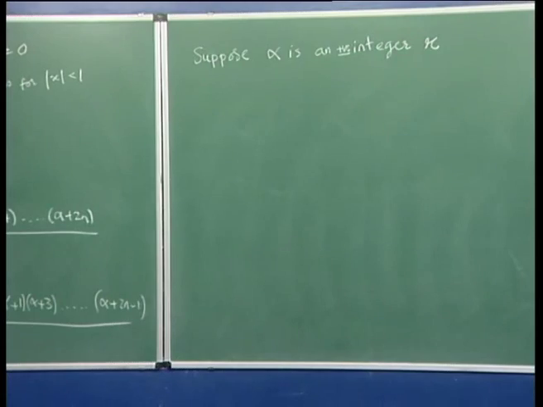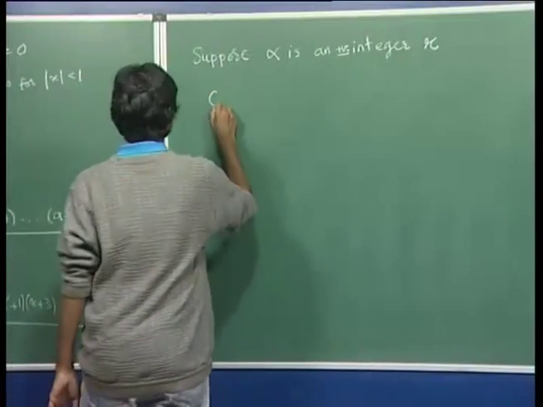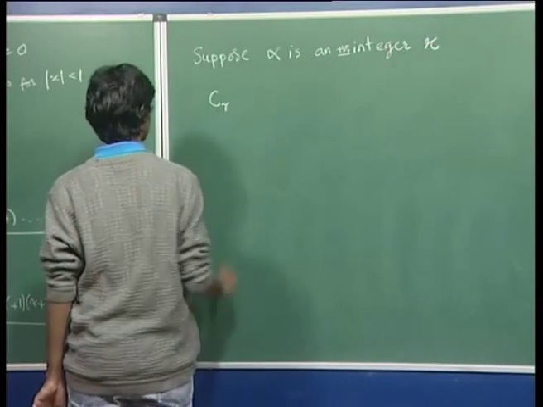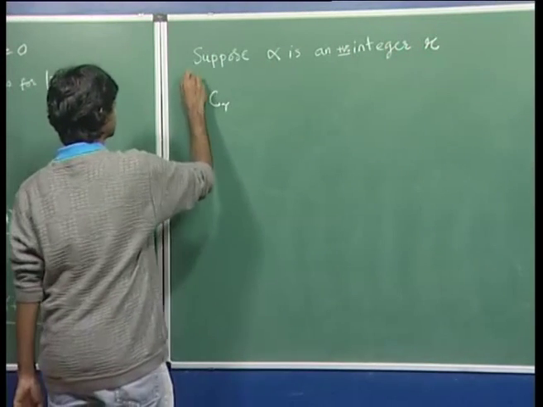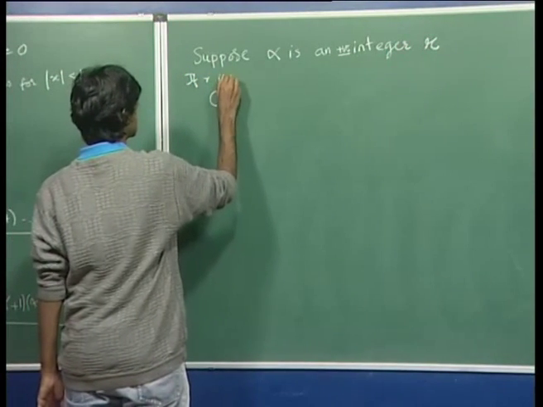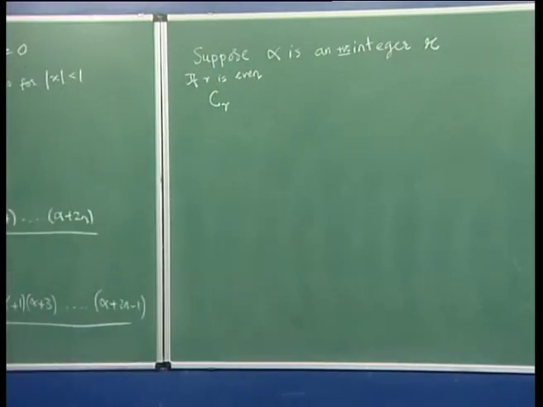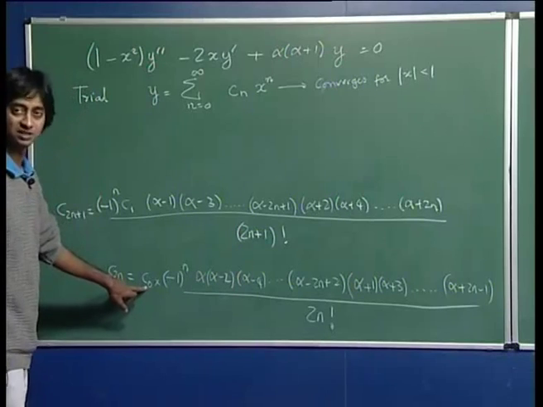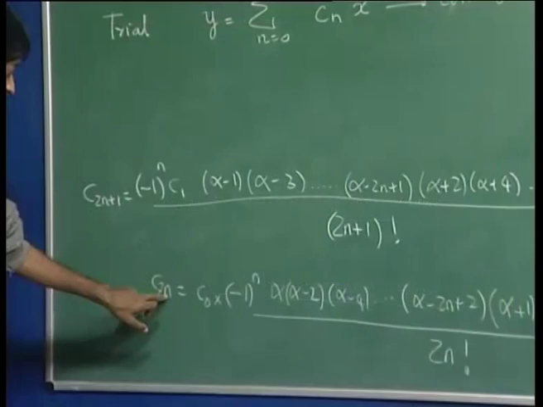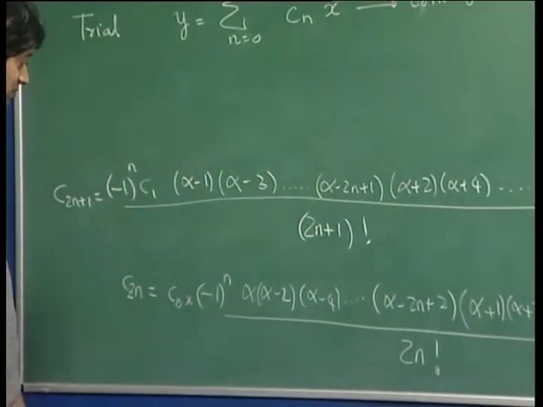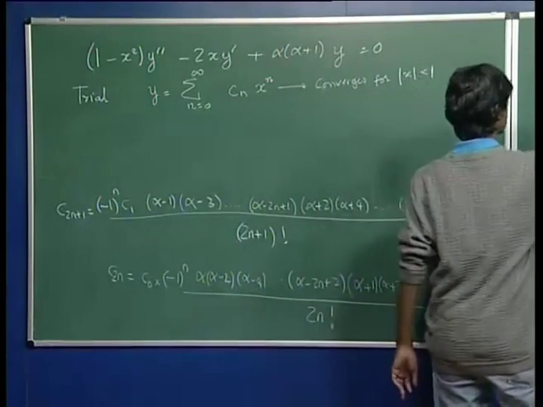Okay. So, what that would imply is that C of r. Now, if r is even, C of r can be written in this form. So, C of then instead of n, I put r by 2. I can write this form. So, C of r can be written as